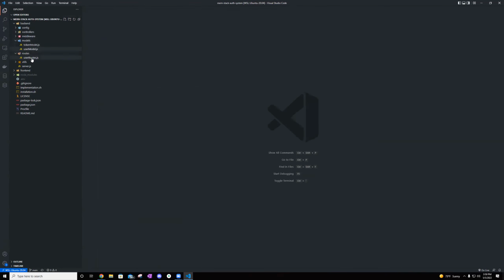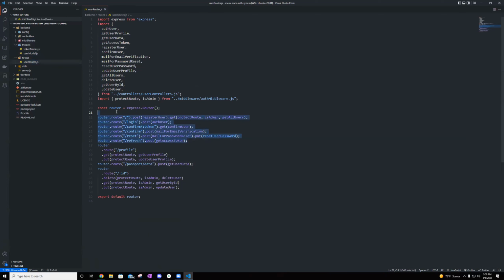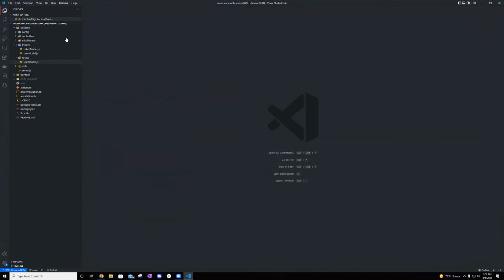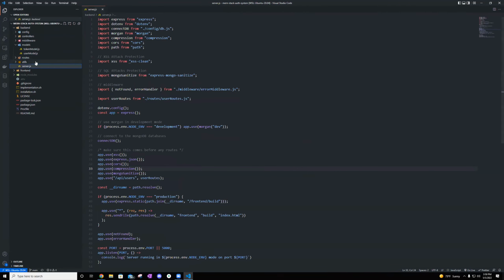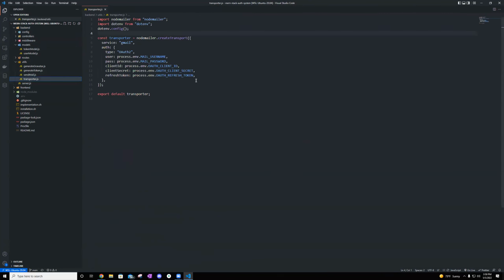And then just some of the routes that we have going on here: confirm token, confirm password, email verification, and everything else that comes with it. And then we have our server as well. So that's our backend. And one more thing is to send the password reset and email verification emails, we use